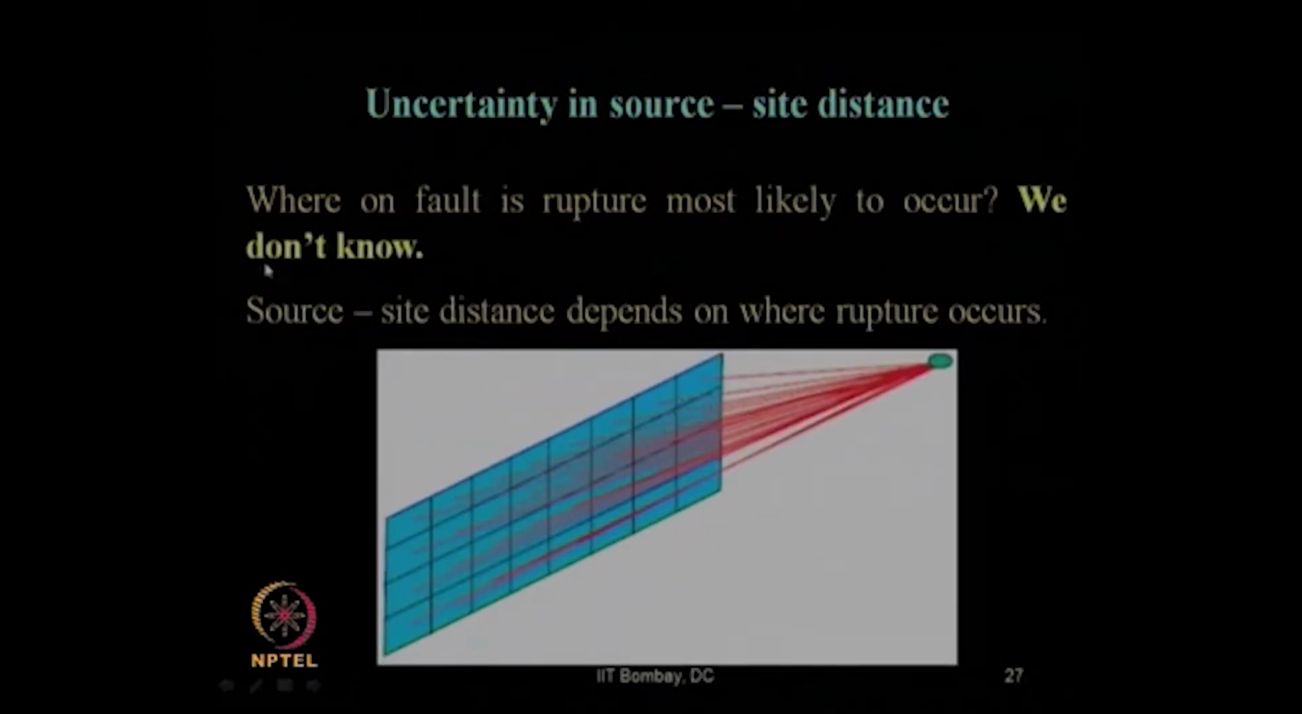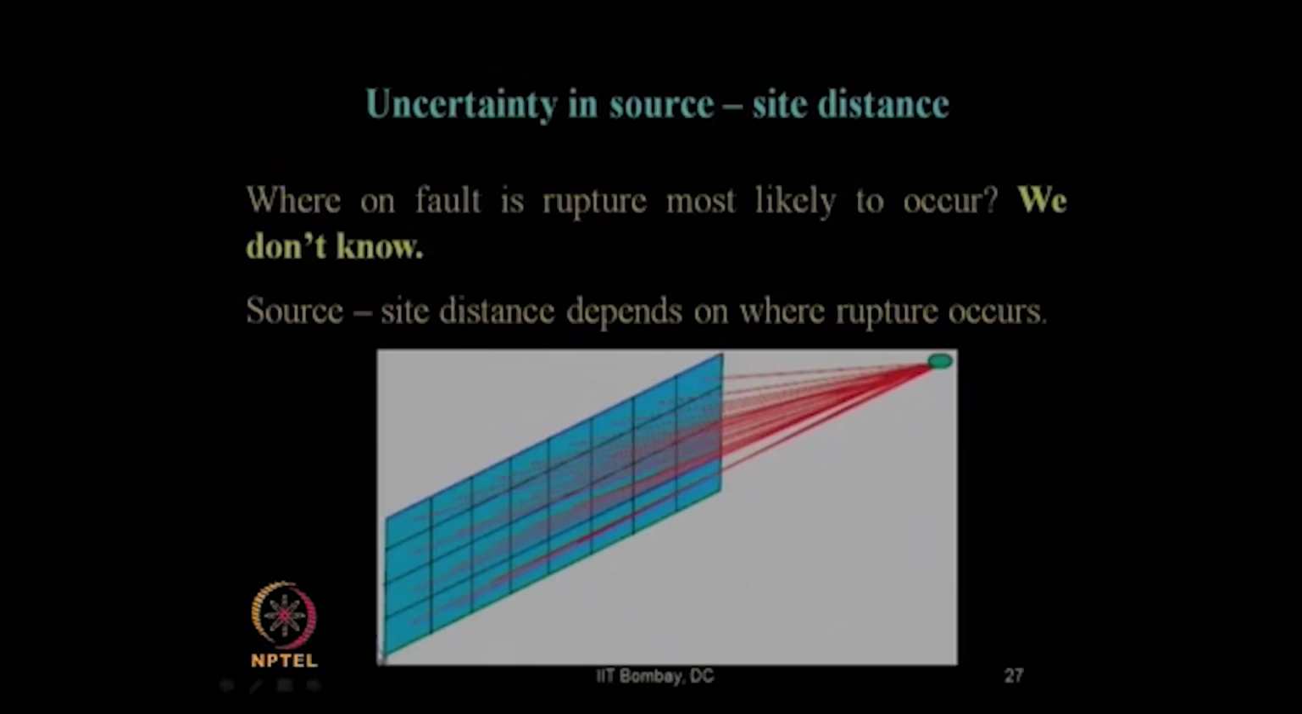So, now where on the fault is rupture most likely to occur at the initial instant? Our answer is we do not know, right. We do not know the result, that is where the rupture is going to occur. Then how can we find out the probability of occurrence of that rupture at various points of that fault? So, what we need to do? We need to divide the